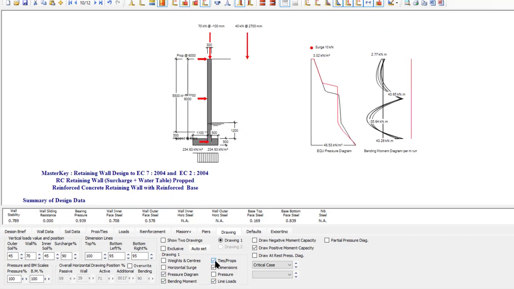Ties and props, that's better. Better if you draw them, you know what's happening. So you've got vertical load here, another one out here, and 2 props. So again, another construction of a basement wall, and it's very straightforward. And then finally,